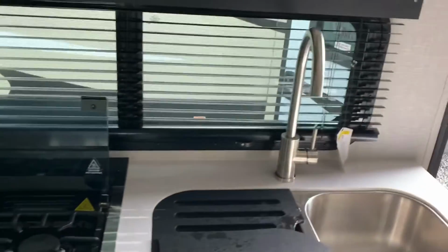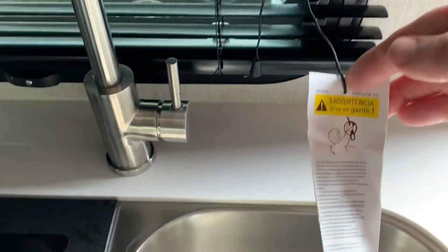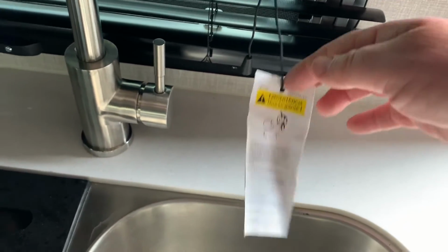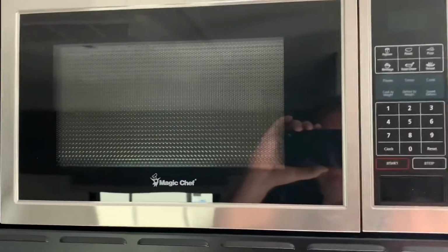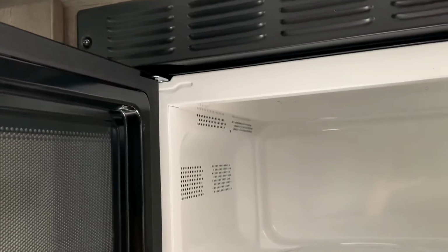And I also noticed that we've got blinds right behind the sink. And look at here, they've put a warning sign on there, and I like this warning: don't let kids pull on those strings. Man, I tell you what, that's a good way to tear up a set of blinds, is let some kids fool with it. All right, so look at here, you've got your microwave and a reflection of me. And there we go. It's got a turntable with a glass top,